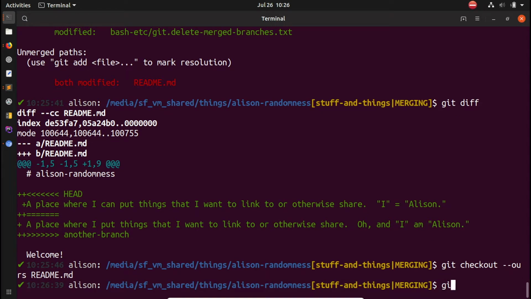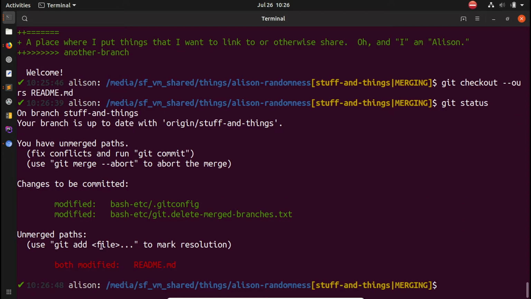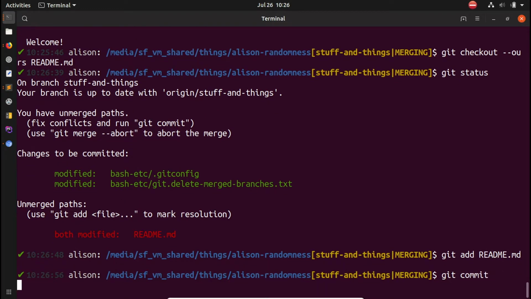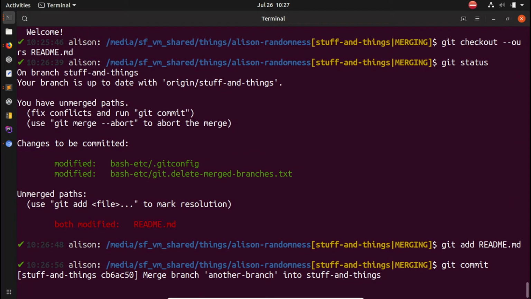Now, to finish the merge, when I do git status, it tells you what to do. When you're in a conflict resolution, it says fix the conflicts and then run. So now I need to add the readme, oops. And then I can commit. We'll do that, now I'm merged. And if I look at